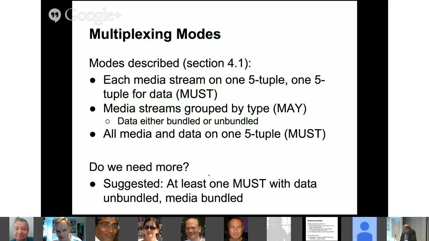So one problem here is that we don't have multiple data channels, and we don't know what the data channels are going to be used for. But